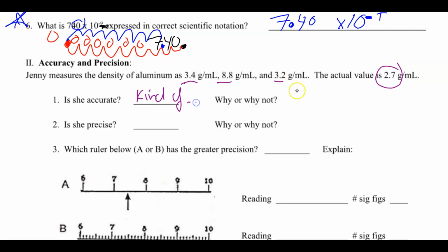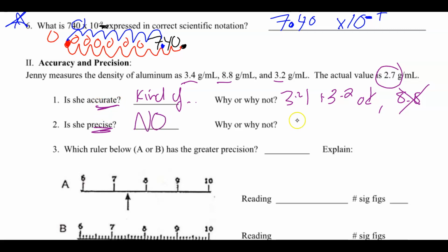Kind of. 3.4 and 3.2 were okay. 8.8 was bad. Is she precise? Go back to the definition of precise. That means getting the same thing every time. No way. Didn't get the same